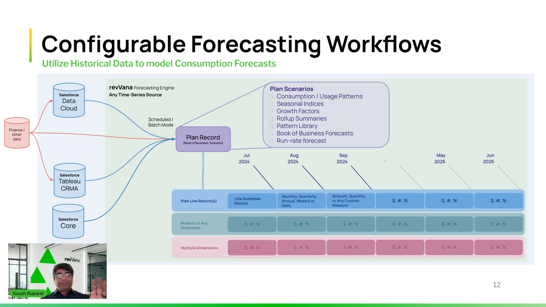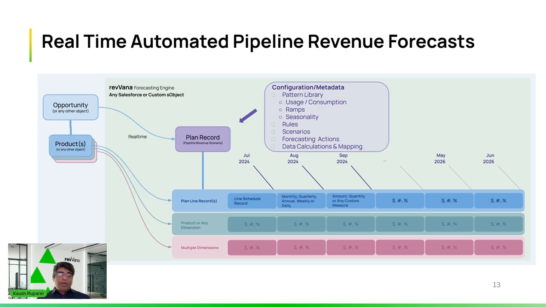So this is the pattern extraction part. Once we extract the pattern, we are going to feed it into another component where we apply this pattern to the new business that lives in the opportunities, and generate a specific revenue forecast for each of your opportunities. And this is just an example. We could generate forecasts off of your quotes or your orders. Any object in Salesforce, we can latch onto it, and in real time, using the rules and criteria to qualify a particular record, we can generate a forecast.